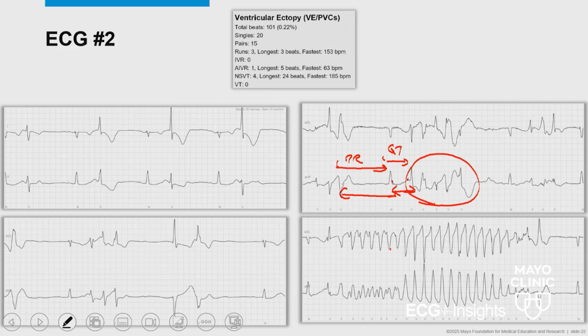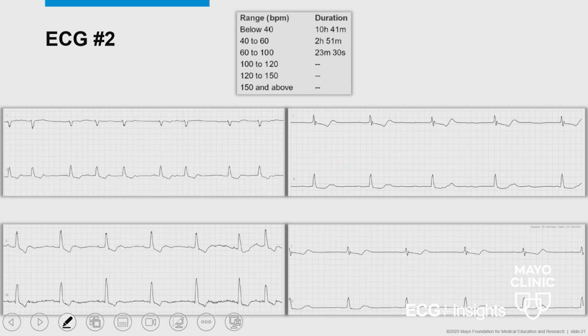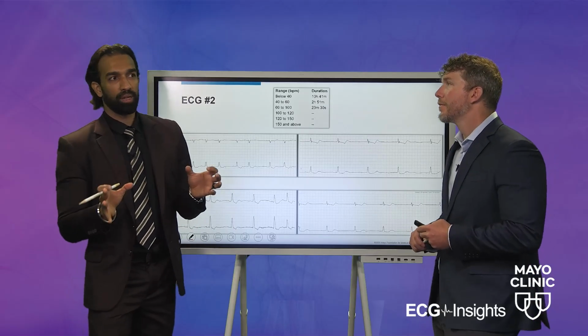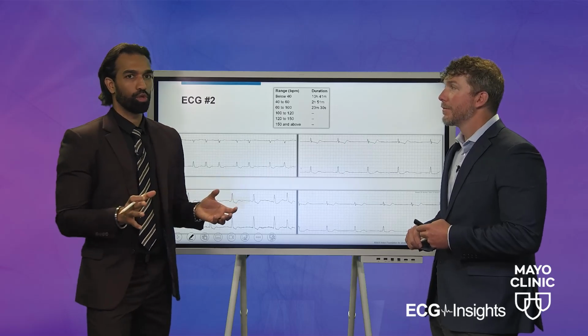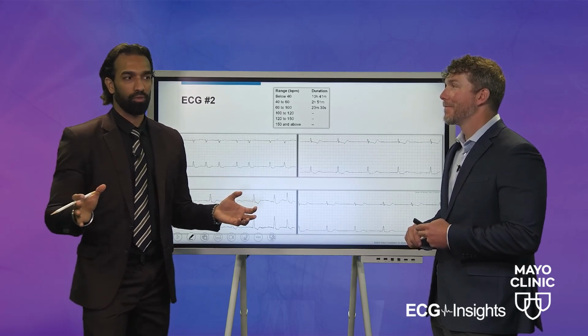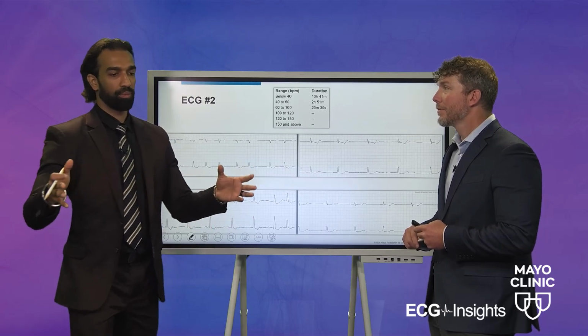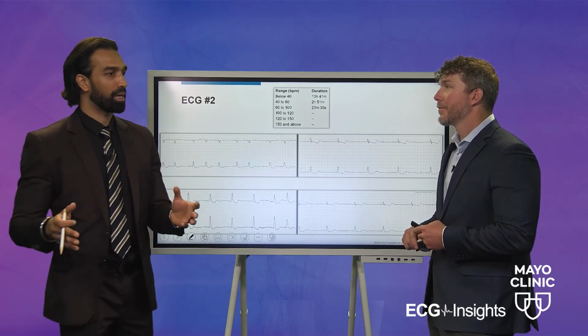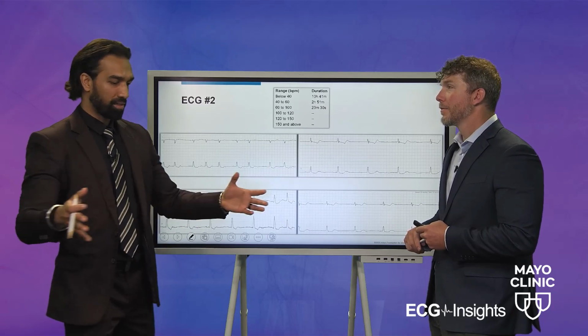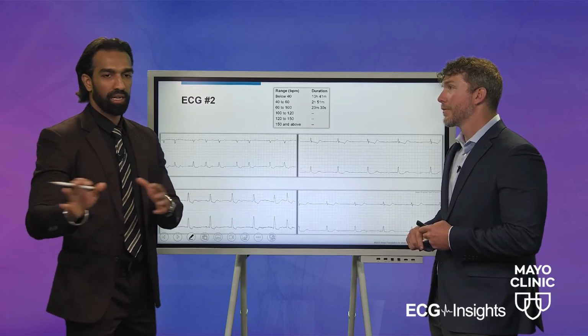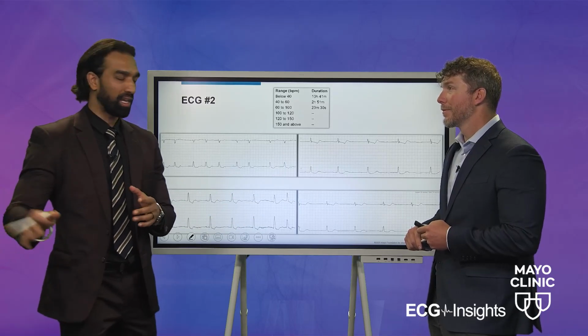Absolutely. And then you had one with the 2-to-1 AV block as well, right? Yep, right down here. So perfect. This is an important tracing too. When we see 2-to-1 AV block, I'll spend a minute talking about this. You cannot put them in a bucket of Mobitz 1 or Mobitz 2 because you just don't have a long enough segment of normally conducted beats to tell the difference. How do we tell the difference? We see progressive PR prolongation, and then a PR interval coming back that's shorter. But if you don't have 3 or 4 beats where you see that happening, then it's hard to tell. So we just put that in its own bracket. It's just 2-to-1 AV block.